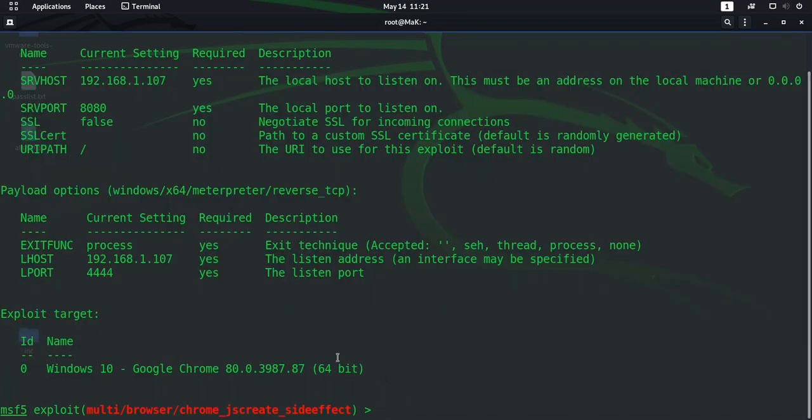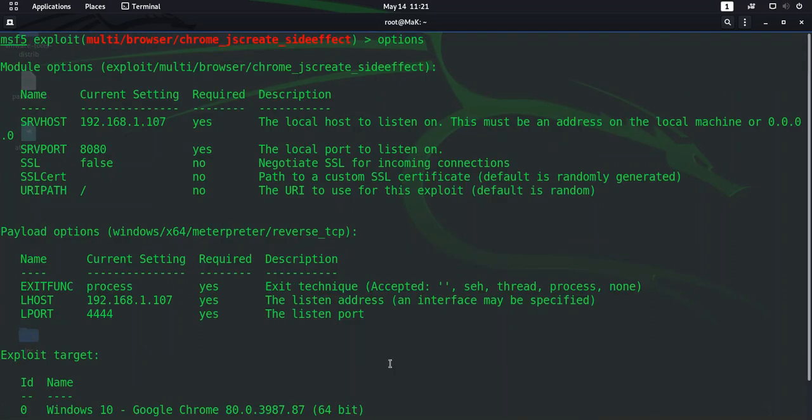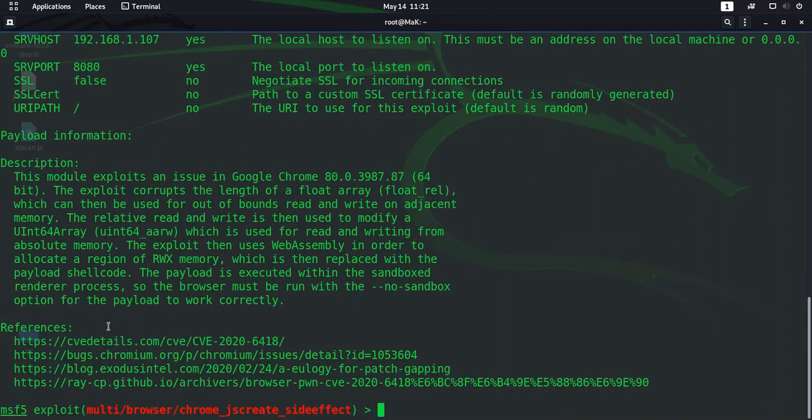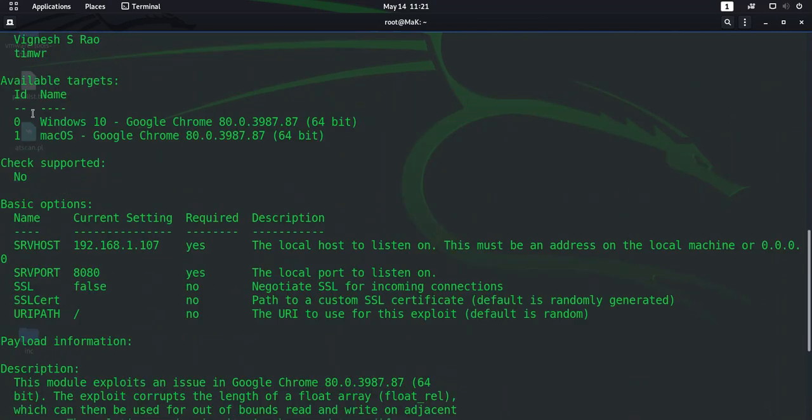Okay. So this particular exploit works for both macOS and Windows. You can just check it out in the info. Let me show you. As you can see, the available targets are Windows 10 and macOS for both the versions 80.0.